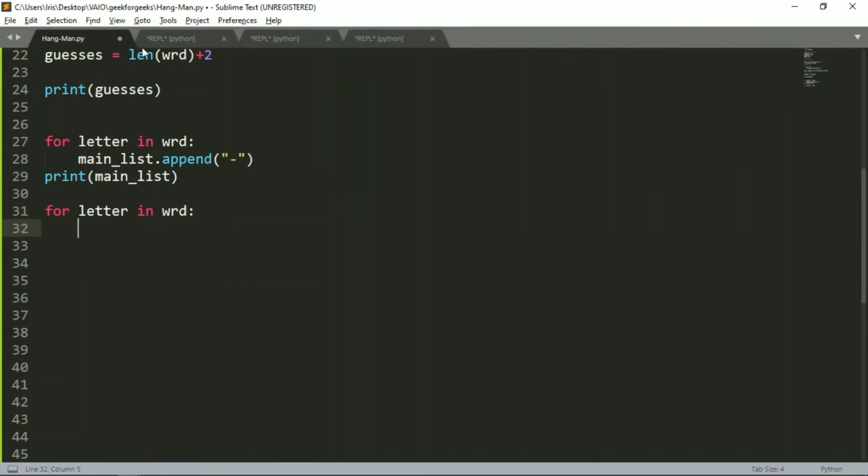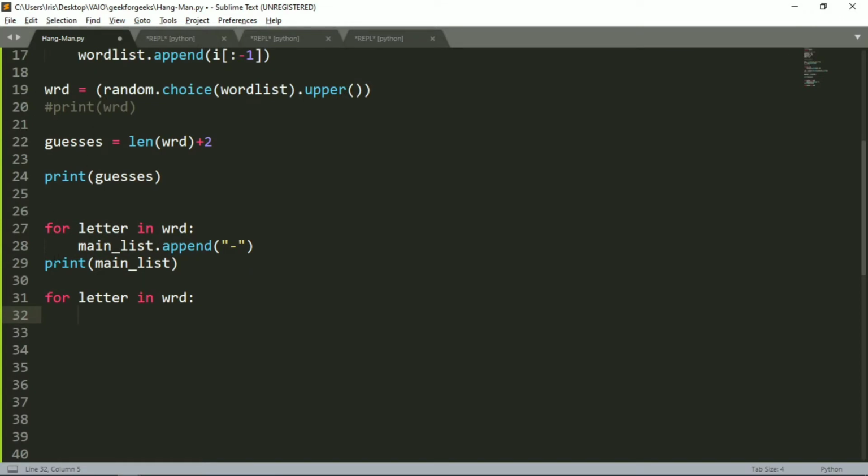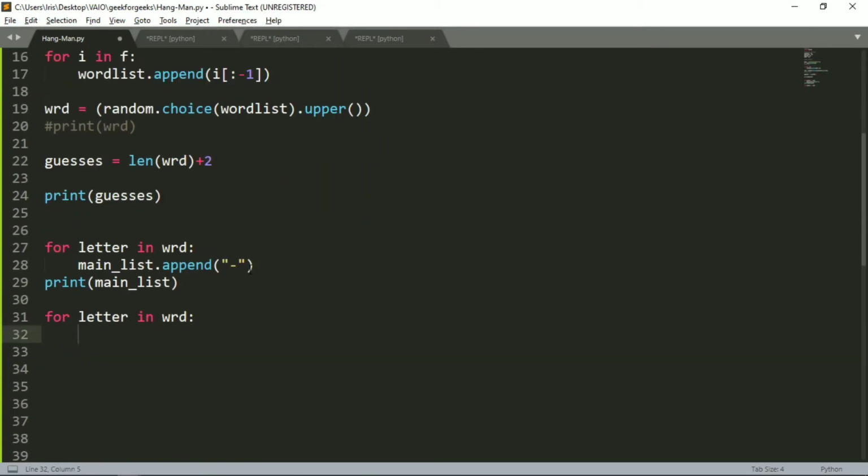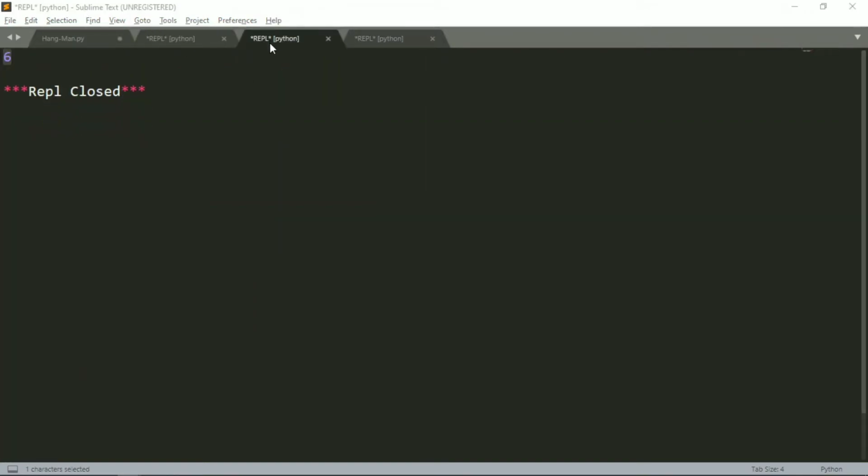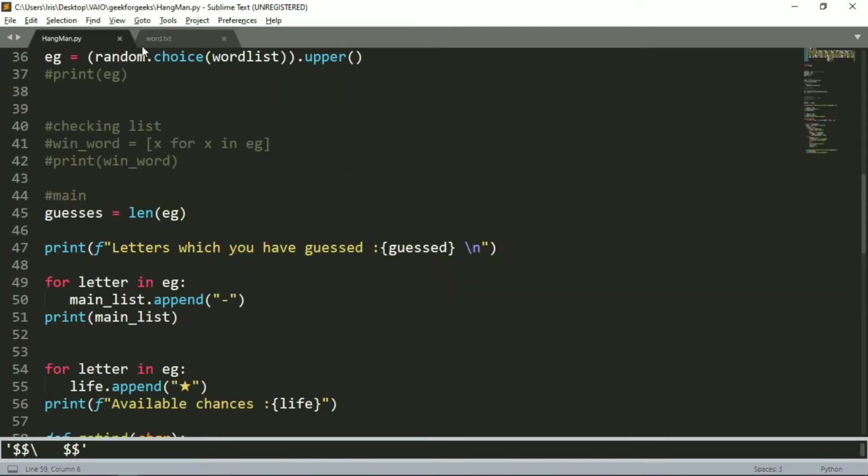So for letter in word, that means for that many letters present in our word, we will append that many chances. Let me put my list name, life dot append, and let me take the star which I've got.